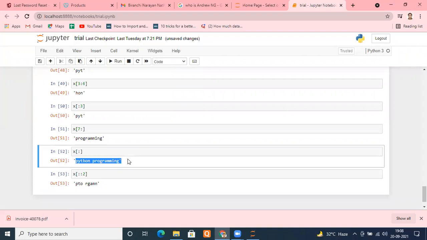First of all, check that your X is the same as Python programming, what is written here. You must have taken some other string value, if I'm correct, and it might not have that character, meaning it might have fewer than 7 characters.